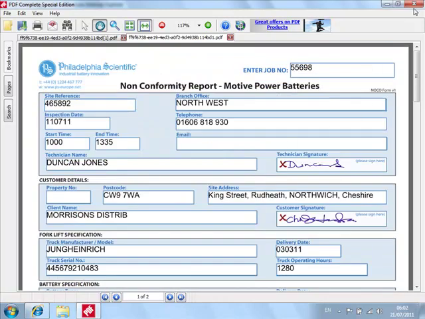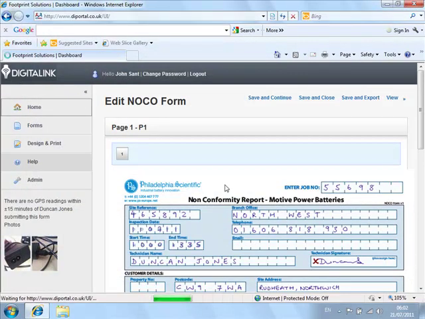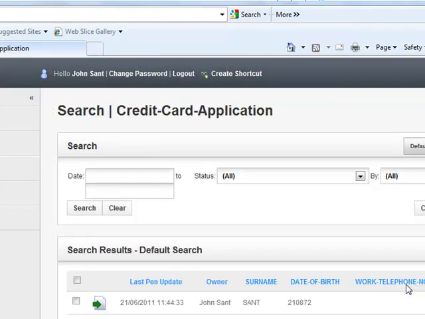The forms, if we just go back to our home, and actually if I click the credit card application, I'm just going to fill a form in now while we're on the demo. Obviously you can't see what I'm doing with the digital ink pen, but if I just fill in a form and say Mr. Chris Johnson, and I tick send,